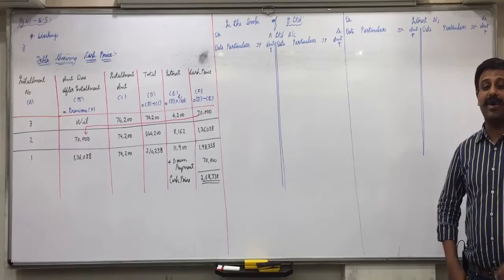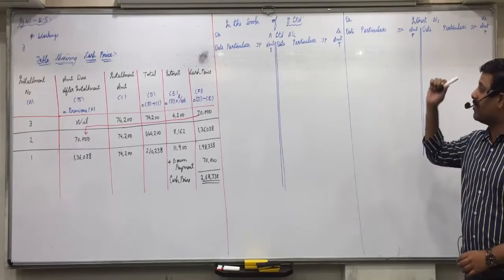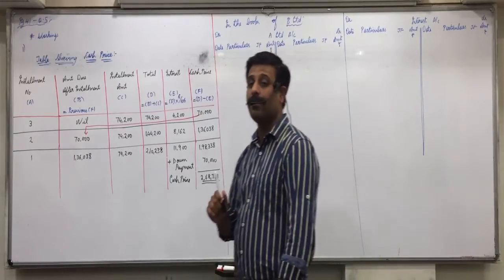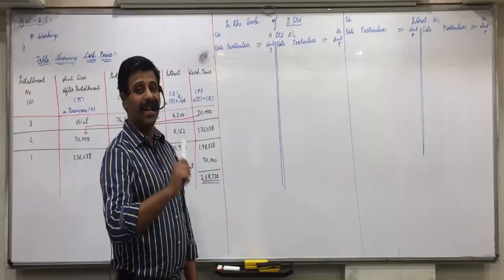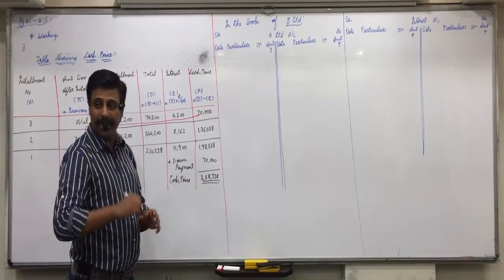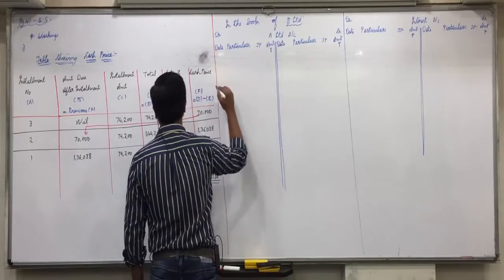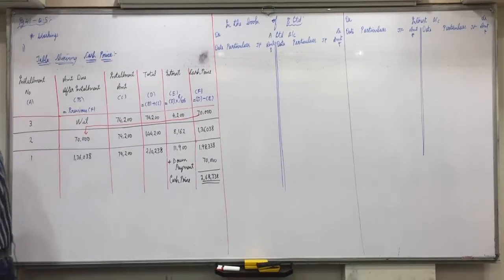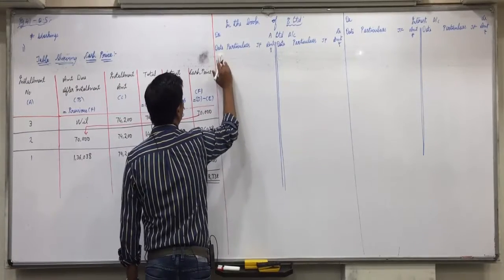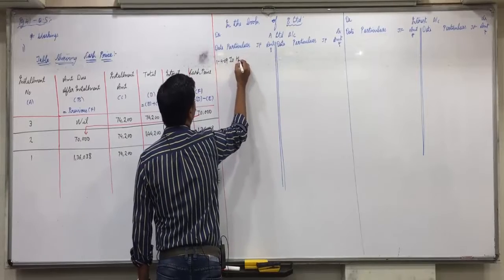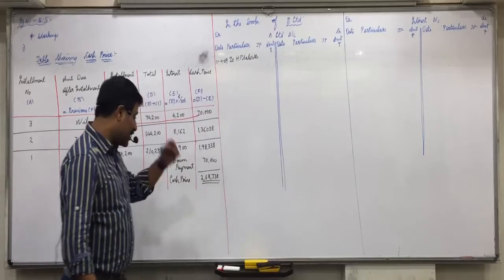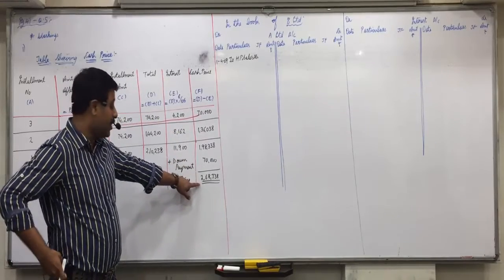Now listen everyone, very first transaction, purchase of asset. Now we have to see from the seller's point of view. For the seller it is a sale. What was the journal entry? Buyer account debit to hire purchase sales account. Buyer means A Limited account debit to hire purchase sales account. So A Limited account on the debit side. What is the date of purchase? 1/4/2009, to hire purchase sales account. Now this entry we have to pass with the cash price, 268,338.